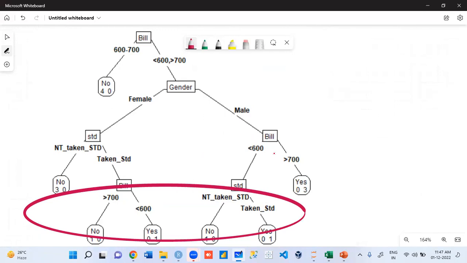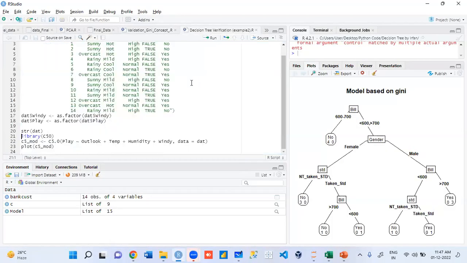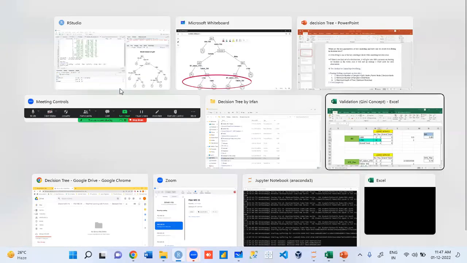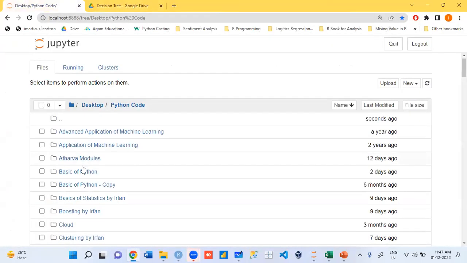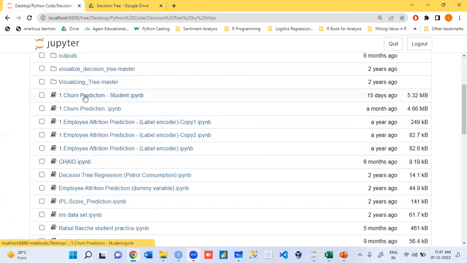Clear. I'll give you an example. What is the meaning of a bigger tree? Let me show you. This is a tree. Guys, I'm just displaying the tree.